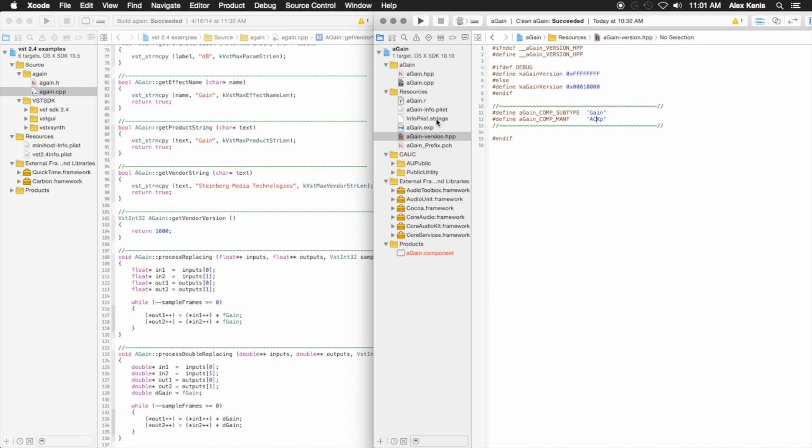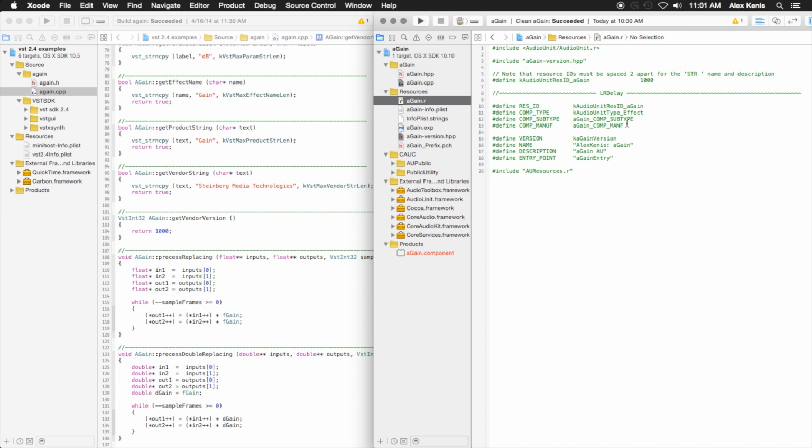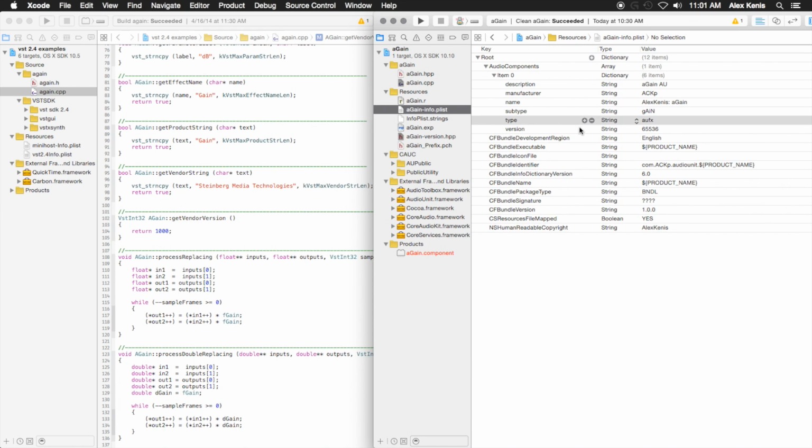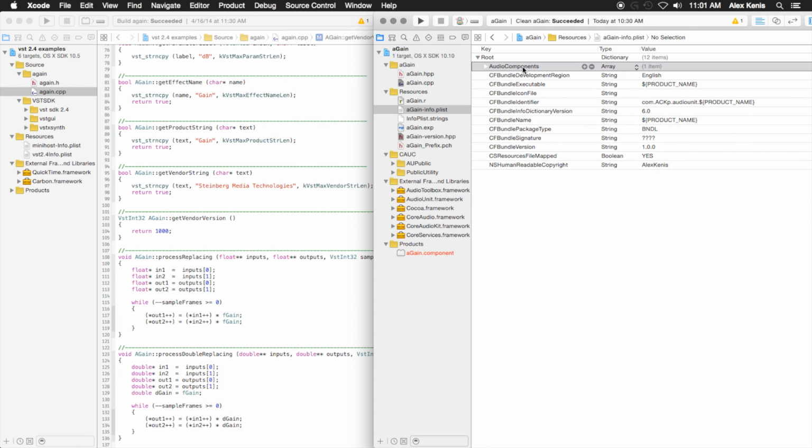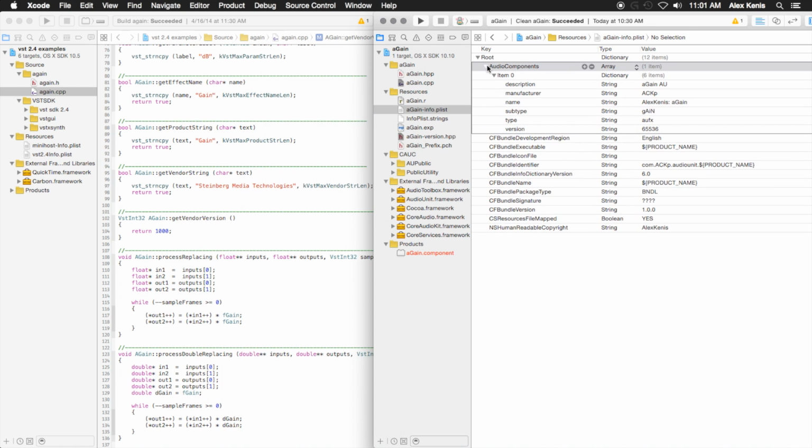Now these have to match these, which has to match your perimeter list. So the audio components array is a new function that they added a year or two ago, and that just further defines these things here. So manufacturer, your description,